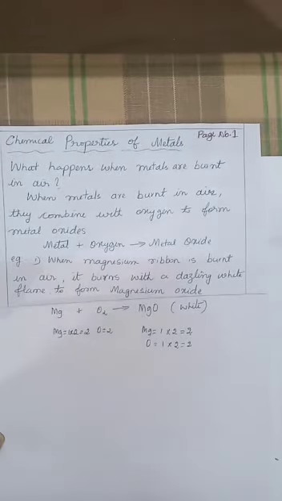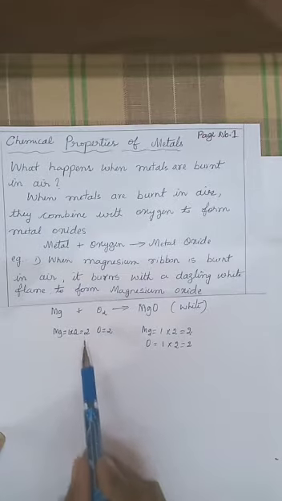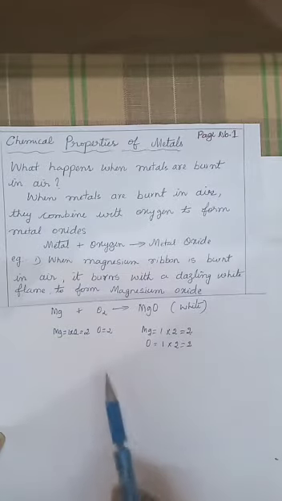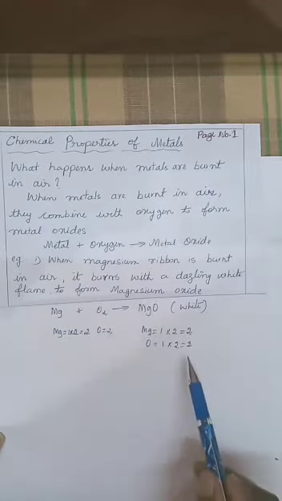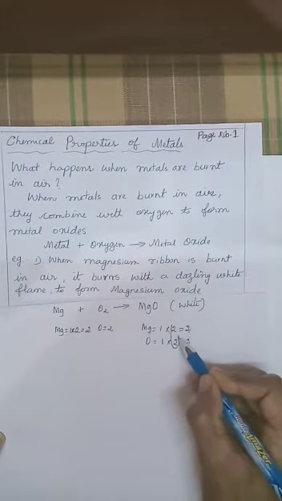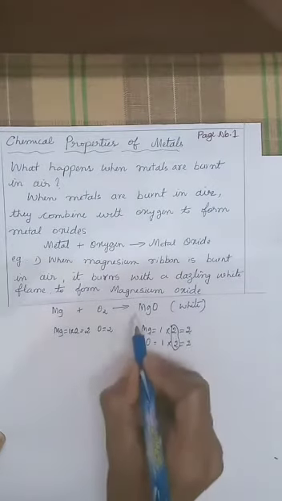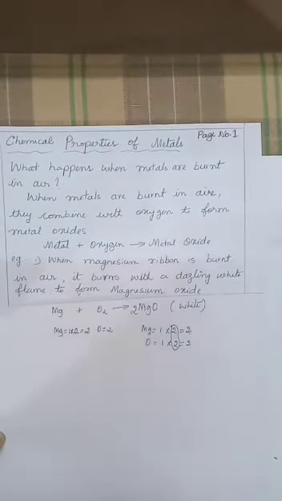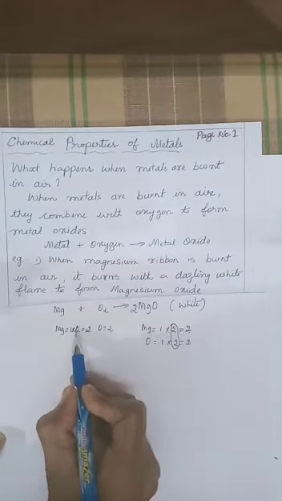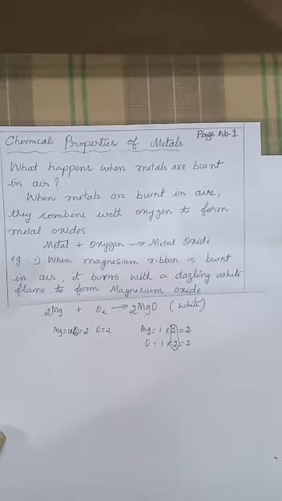Now once again you check the number of atoms. Magnesium in the case of reactants, 2 atoms. Here 2. Oxygen 2. Here there are 2 atoms. Now the number of atoms are balanced. So now you see this number. You multiplied magnesium and oxygen by 2. Write this number here. 2 MgO. Here magnesium is multiplied by 2. Write 2 here. Now it is a balanced equation.